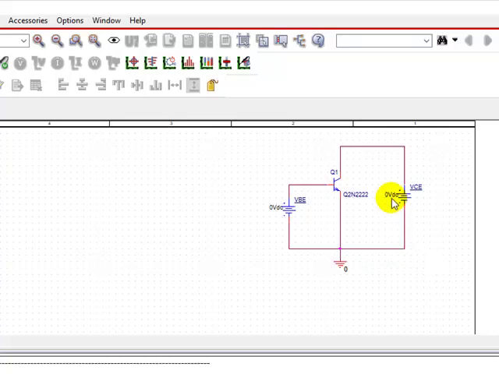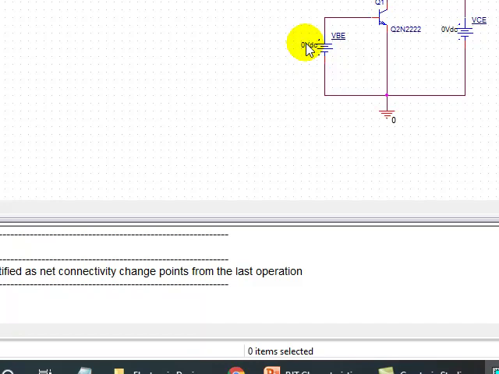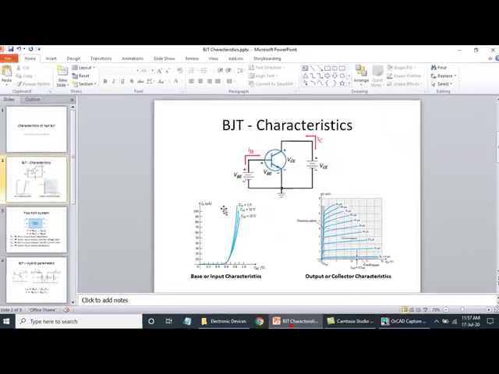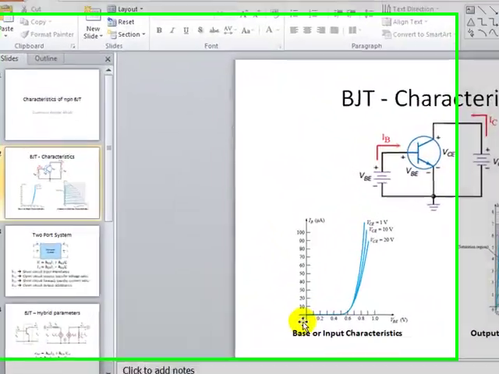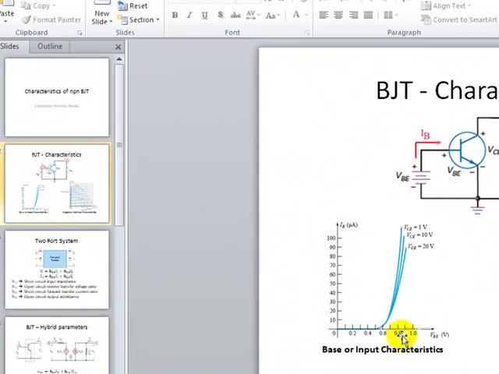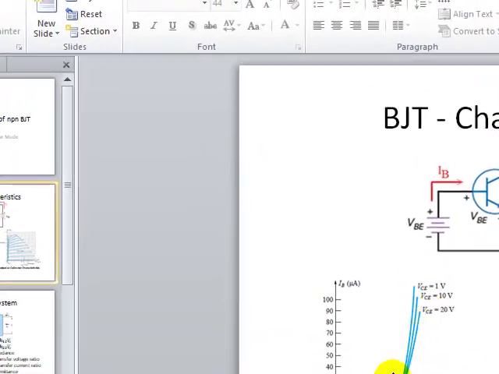You don't have to worry about the different voltage values. You can leave it at 0 volt in both the DC voltage sources. Let us configure our simulation in such a way that these voltages are automatically applied. If you observe carefully, we can obtain input characteristics by varying VBE. So we shall vary VBE and note down the values of IB at a constant voltage VCE. Let us assume first we do it for VCE equal to 1 volt, and then we will vary VBE, note down what is IB.